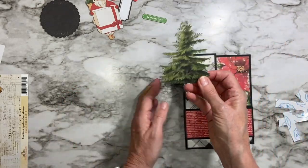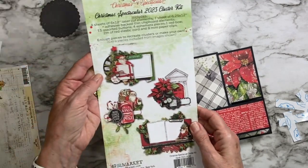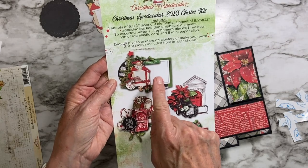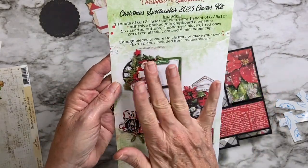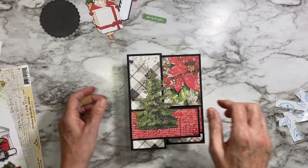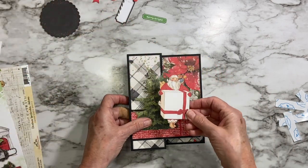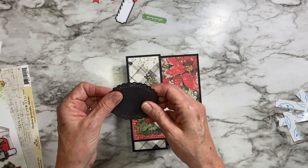I've kind of looked at the packaging, and I like this little cluster here, but I don't really need a photo mat and an open area. So I'm going to use this loosely. I've picked one of the Christmas tree die cuts. I've got this cute little Santa with his package. And instead of the big